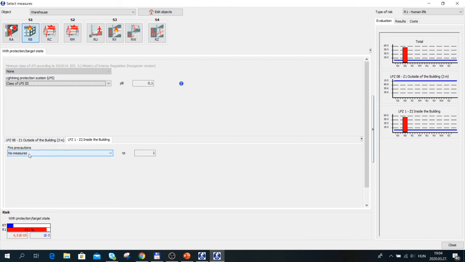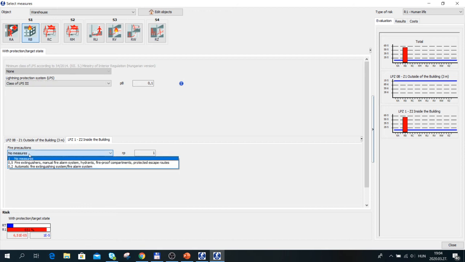What can we do? For example, we can install a fire protection measure. For example, we can select this one. What does it mean? Fire extinguisher. Fire extinguisher means